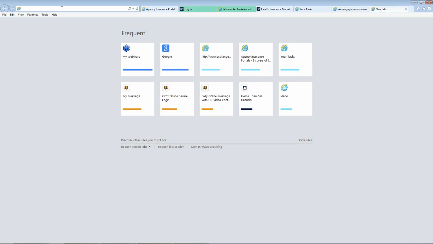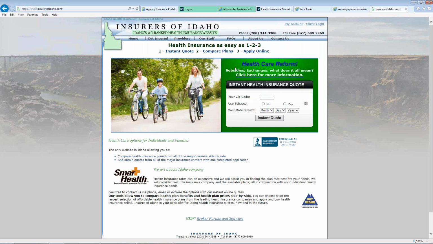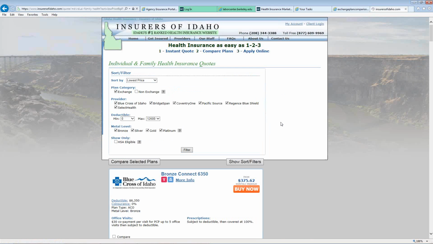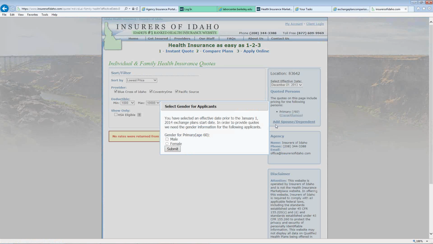Now, one thing to consider, that page that we were just looking at is kind of in a transition because currently, through the end of November, we still have the option for clients to apply for the old plans. So one of the things that a client can do, for example, when they're on this screen, is they can roll back and look at, for example, December 1st effective dates. And when they do that,